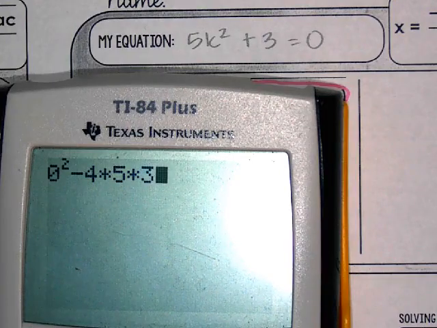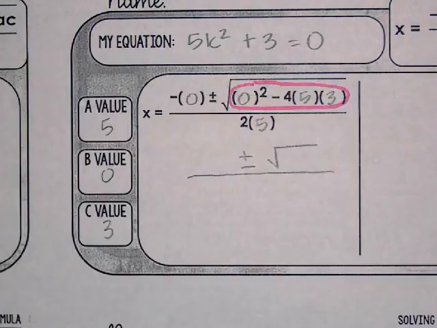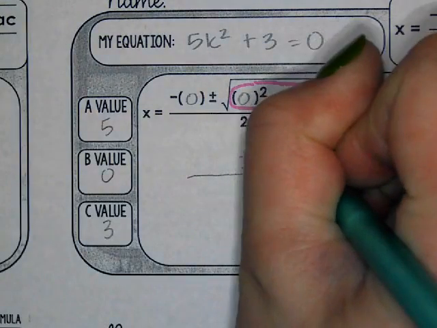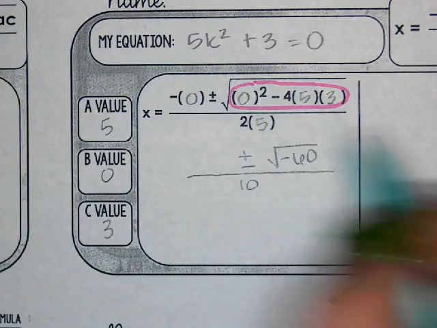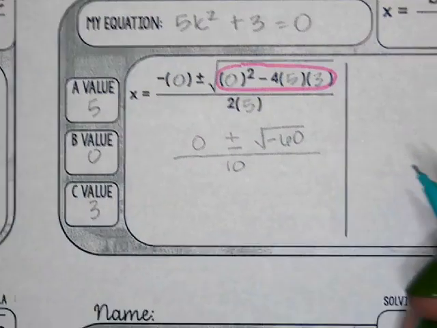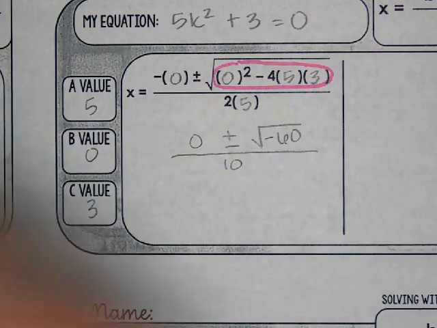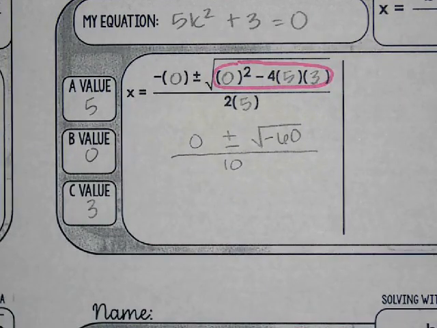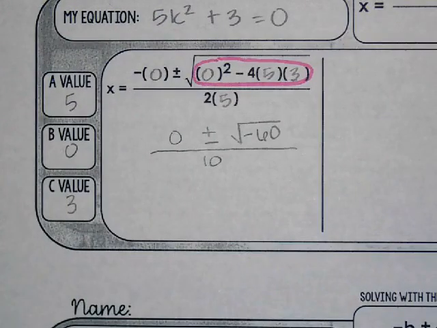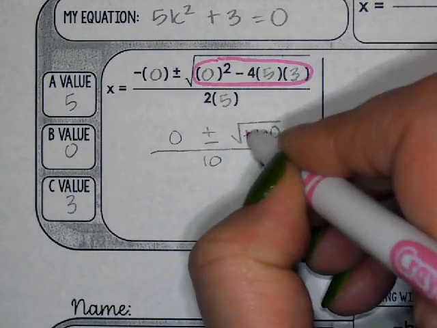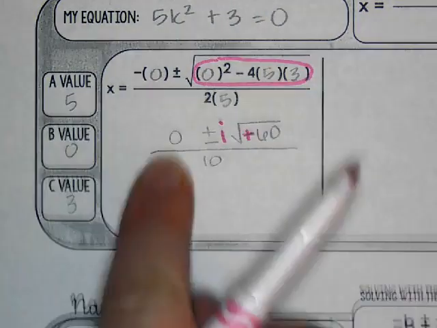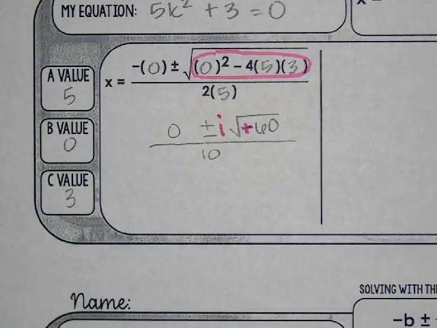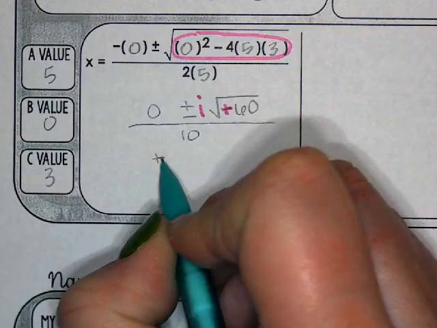So we got negative 60 over 10. We got negative 0 in the front, which is just 0. So what should we do? Yeah. Make that a plus, make this imaginary. Okay. Do I really need the 0 in the front? No. Okay. So I've got plus or minus i root 60